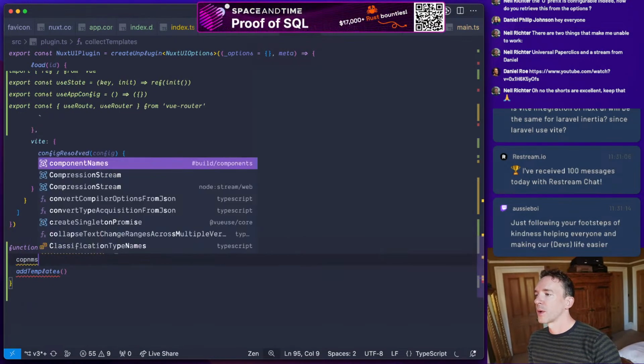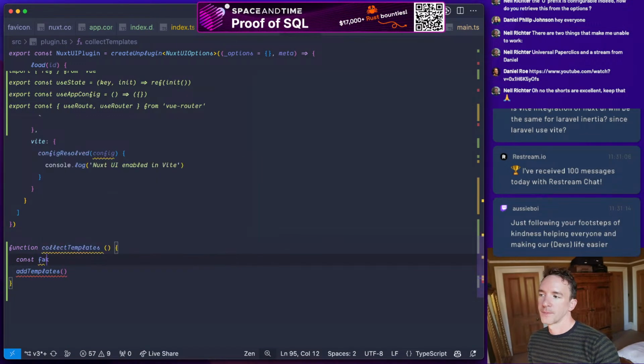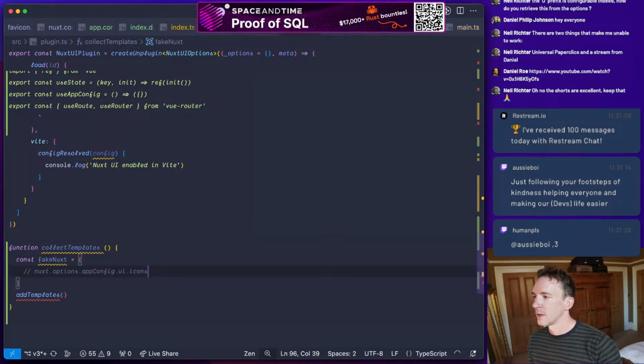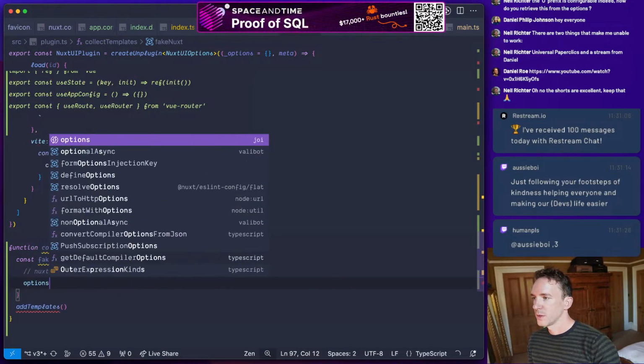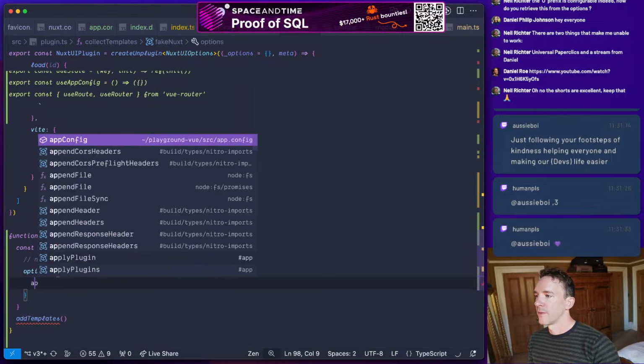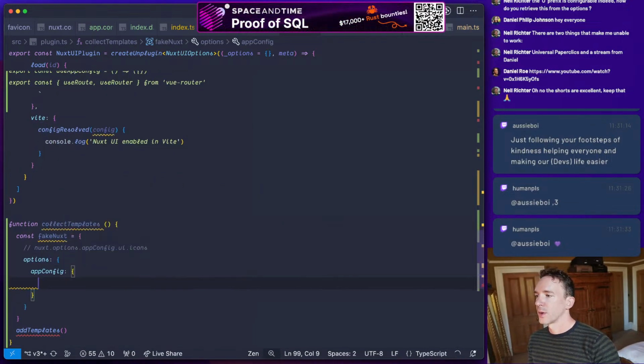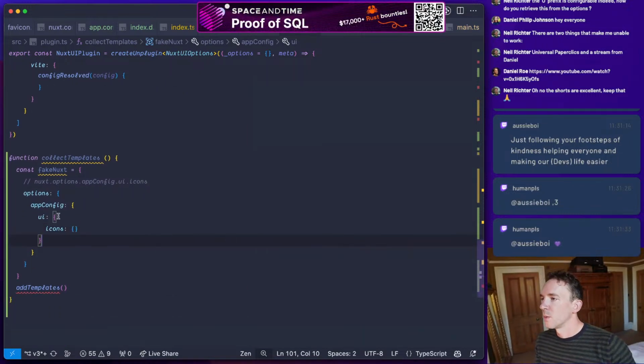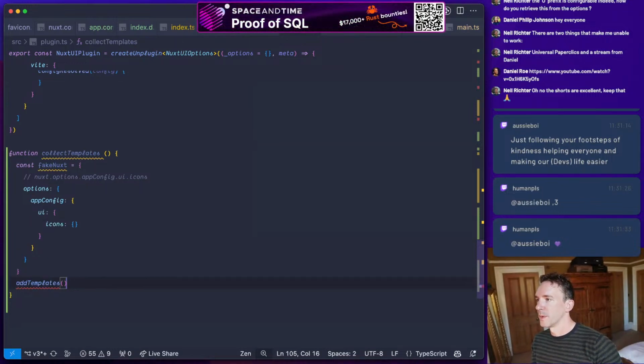So we're going to create a fake nuxt. And it's going to have an options, and it's going to have app config, and it's going to have UI, and it's going to have some icons. And we're going to create this fake app config in a little moment.